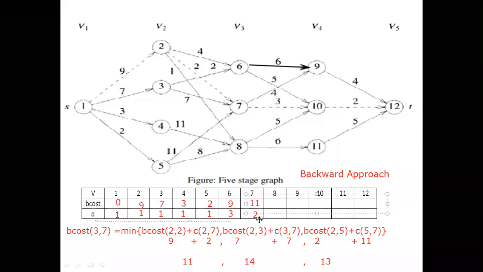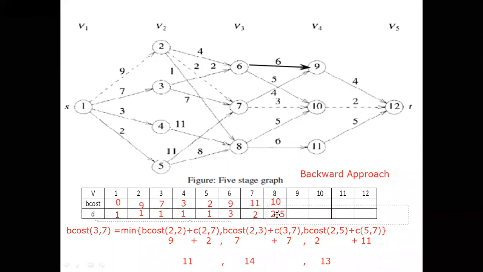I hope you can do it for the 3 values also. For the 8, I will update directly. For the 8, the value will come as 10. Through which vertex? From which vertexes will we get this value? From 2 also we will get the same value, and 5 also we will get the same value. That's why 2, slash 5 we have to write. I will adjust that value.